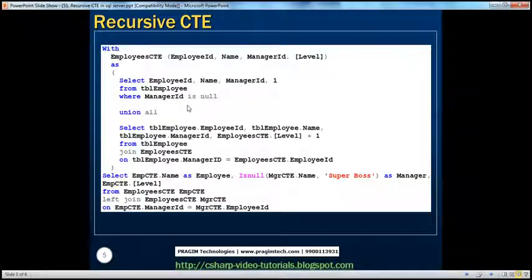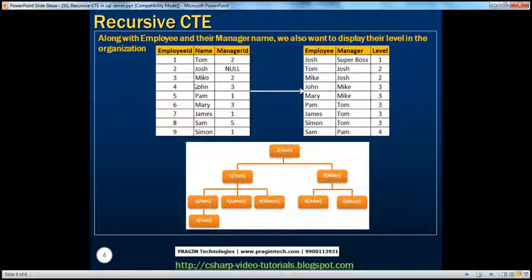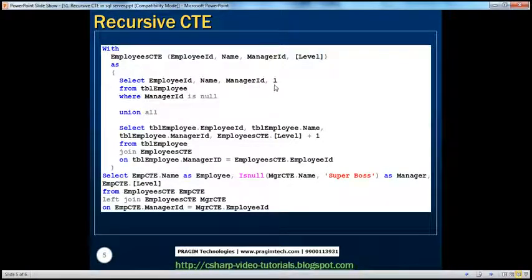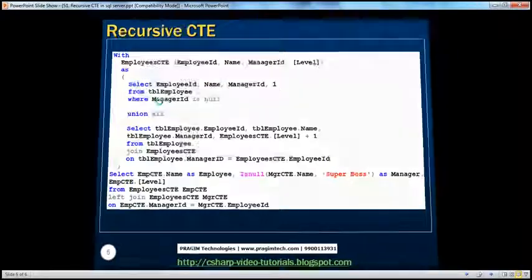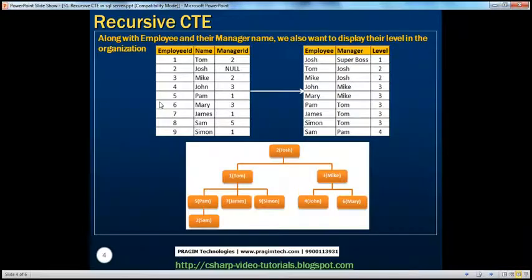So if you look at this query, from this table TBL employee, we are selecting employee ID, name, manager ID, and then a hard coded value of 1 from TBL employee where manager ID is null. So for which record is the manager ID null? For Josh record, manager ID is null. So we only get Josh record, and Josh is the super boss in the organization, and he should get a